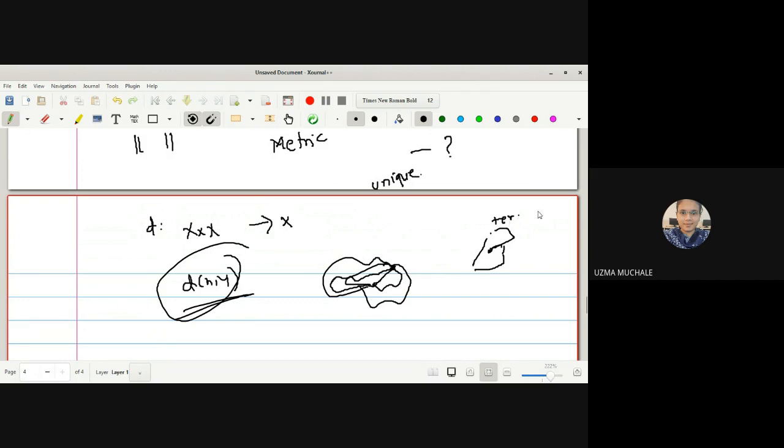So in this real life example, whatever I have told you, what is the meaning? Metric is always not unique. That's why I told you that the metric is not always unique, right? What does metric mean? It is distance. Whether it is always unique from one point A to B? No. That's why we go for the triangular inequality. Now we have introduced this one point z, which is between x and y. Then we have the triangular inequality. Correct? So that's why we can say that your metric or norm is not always unique.